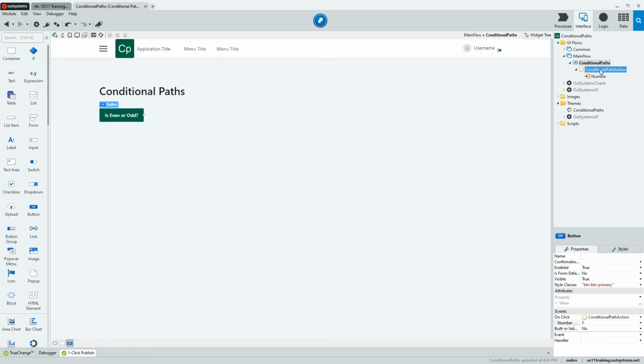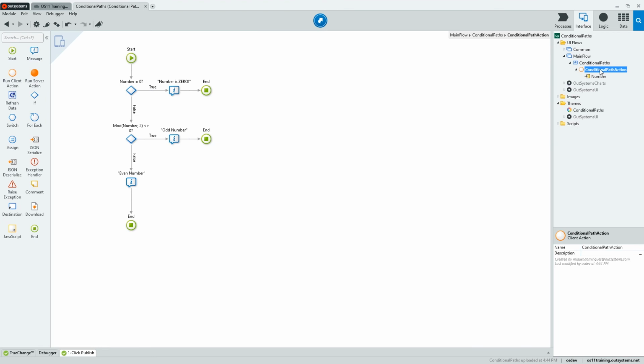We have now created the logic to verify a number is 0, odd, or even using only ifs.